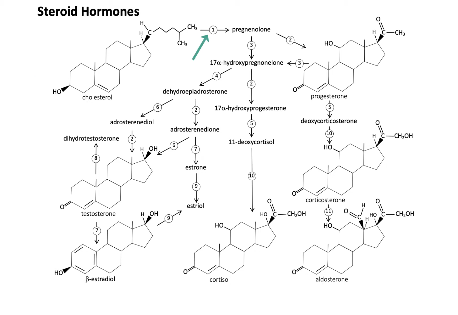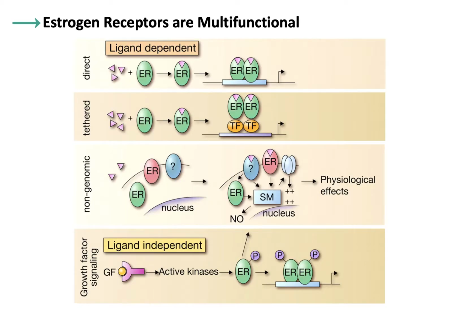Just one enzyme can change it into pregnenolone, and then a set of other enzymes can produce progesterone, cortisol, estradiol, testosterone, dihydrotestosterone, aldosterone, corticosteroid, etc. So you can produce a number of both male and female hormones, starting from the cholesterol molecule. Estrogen turns out to be pretty potent in its activity with regard to stimulating cancer cells as well as